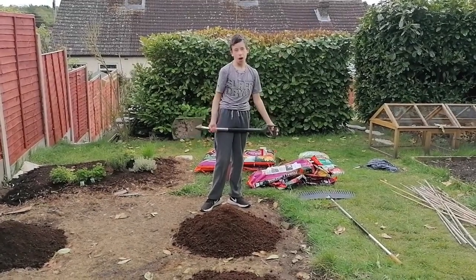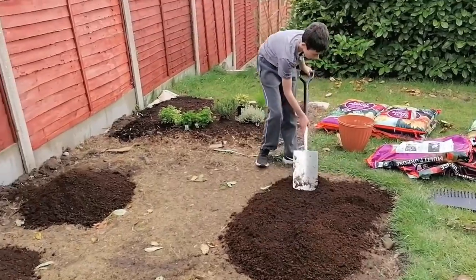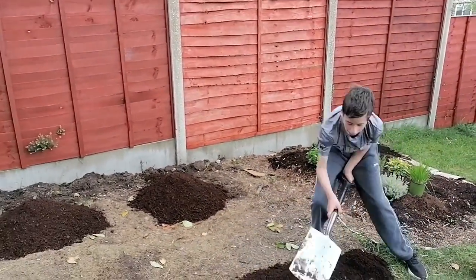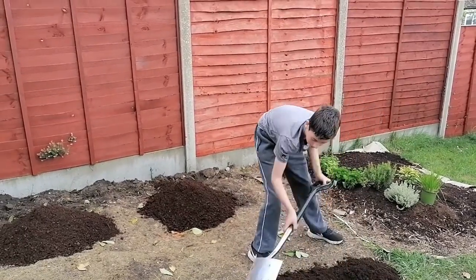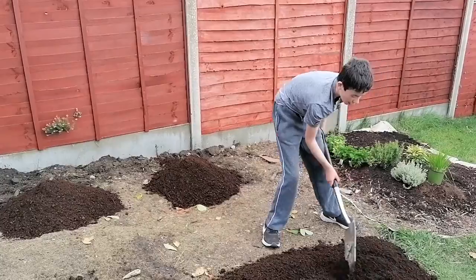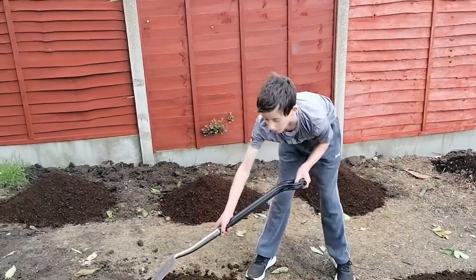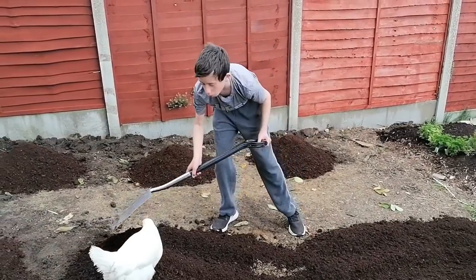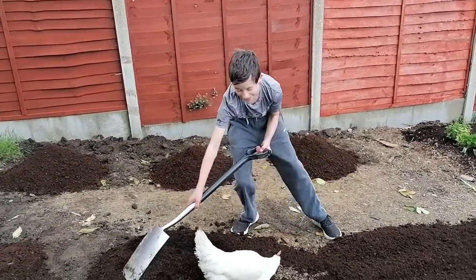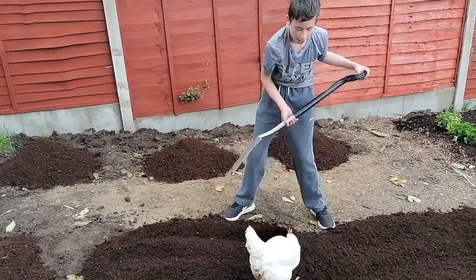So we've got our shovel here, and I'm just going to, like so, cover it all out. So the soil's quite good anyway, just because of the chickens being here. So that was quite handy. The chickens did the majority of the work for us when we started this bed. So I'm going to be careful with Sage. We nearly had chicken for dinner. So I'm going to be as careful as possible so we don't...